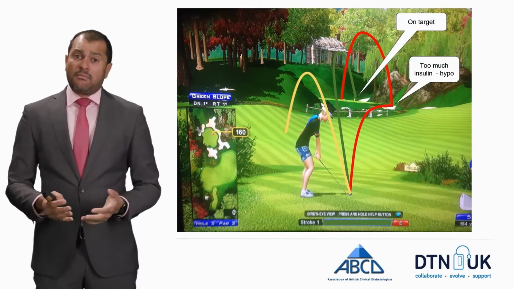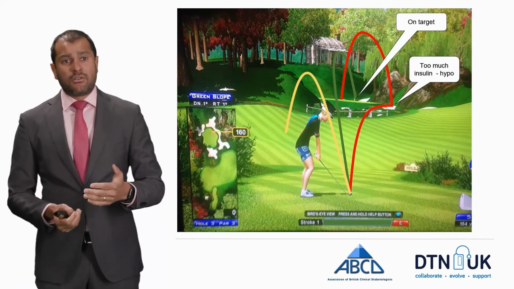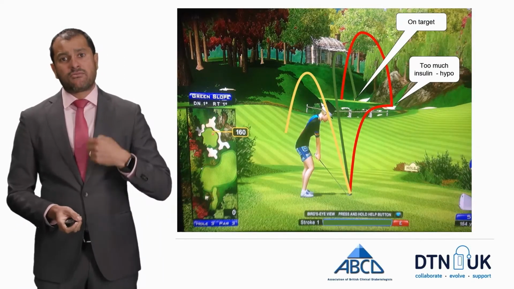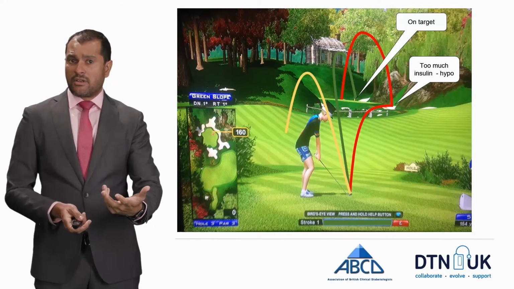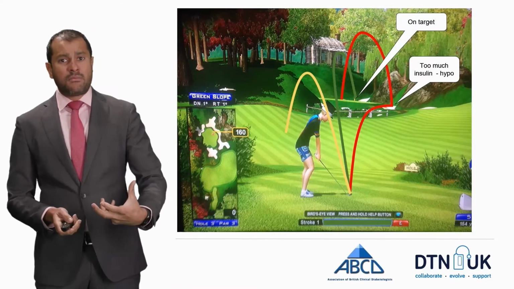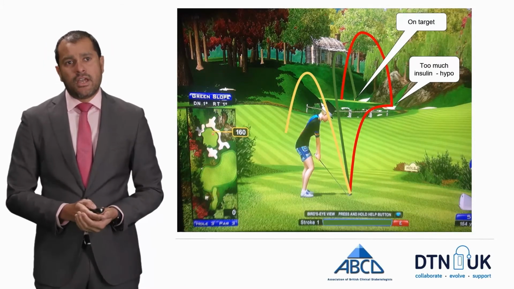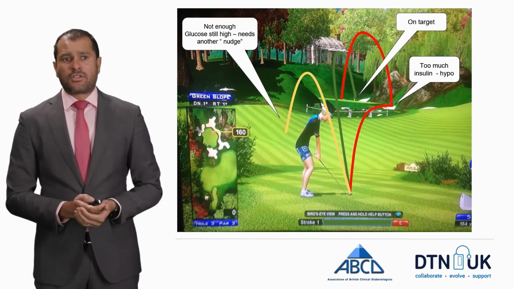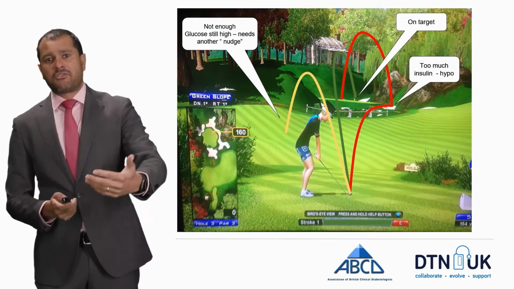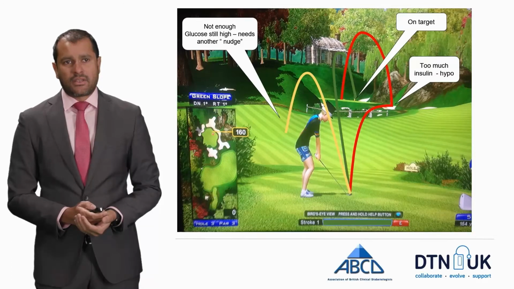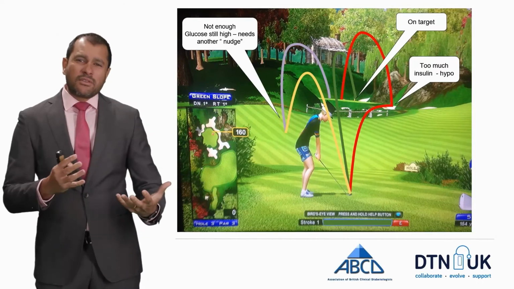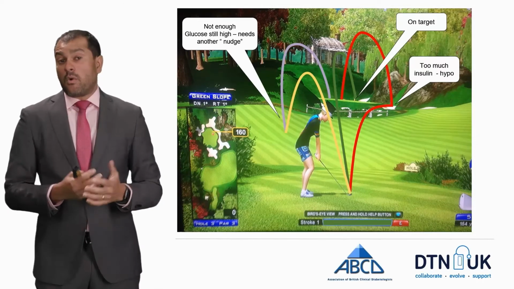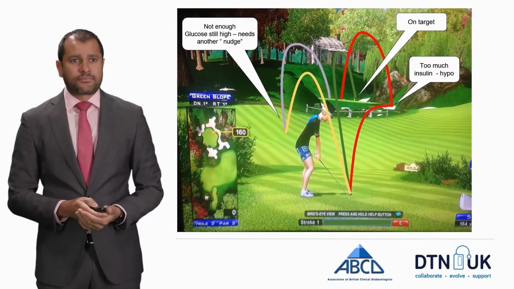About 30% of the time, even people who have really fantastic control might underhit. So you've taken the right dose, you think you've calculated the carbs correctly, but on that day, at that moment in time, that insulin is not enough. And you might have to have a look where your blood sugar is and take an extra nudge or an extra correction to get you back on target. And again, if that's happening between 25 to 30% of the time, I think you're doing fantastic.